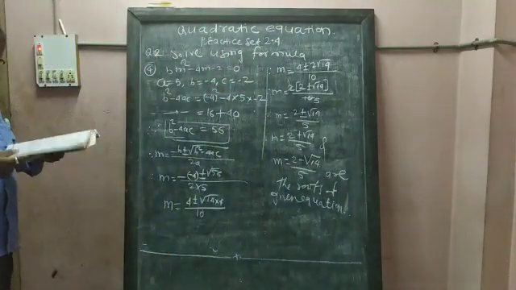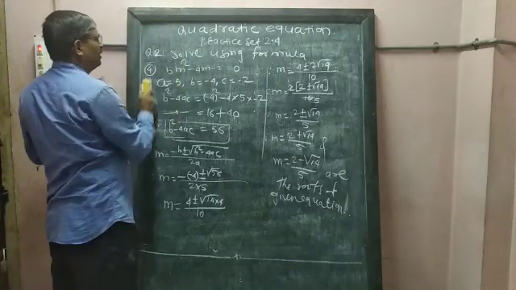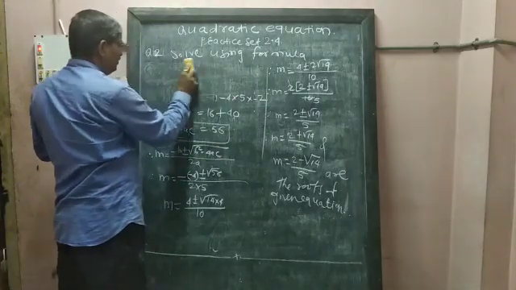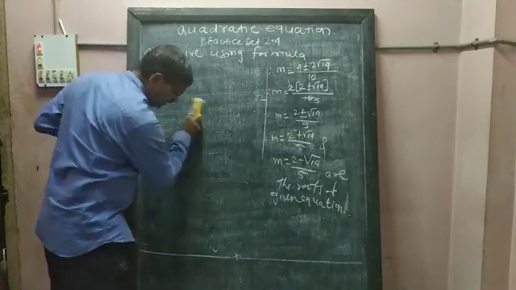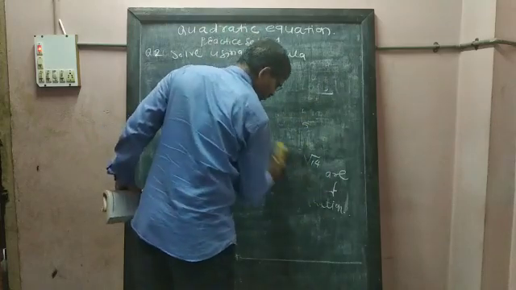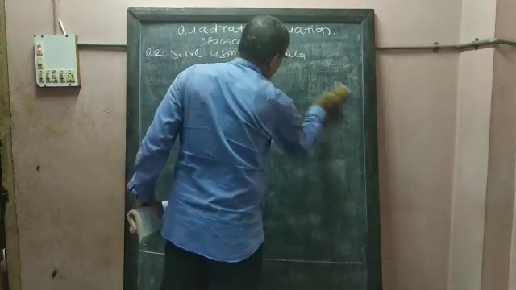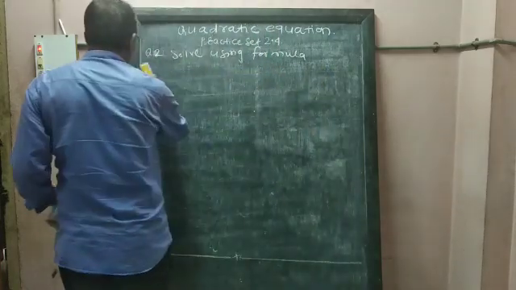Now question number 5. This exercise is a small one. It doesn't take more time. So I am going to continue all the questions of this. If you want, I will keep one question for homework. So after taking this one question, we can stop here. It depends upon you.